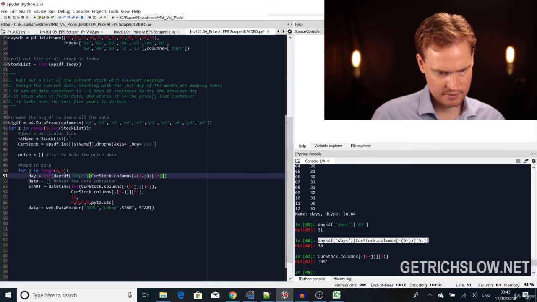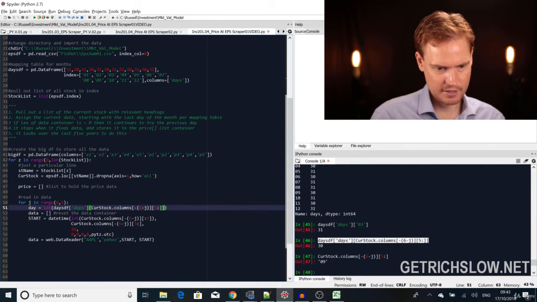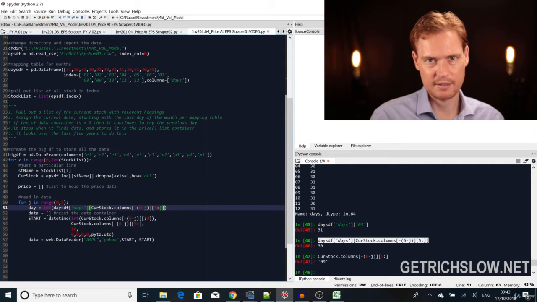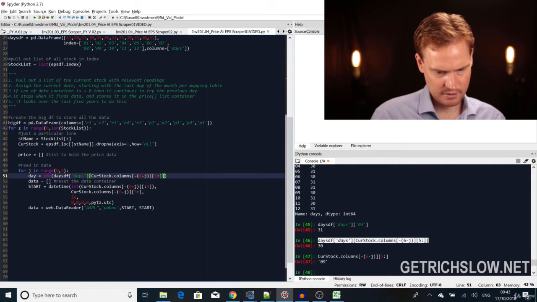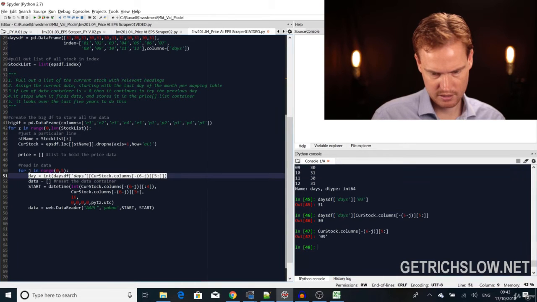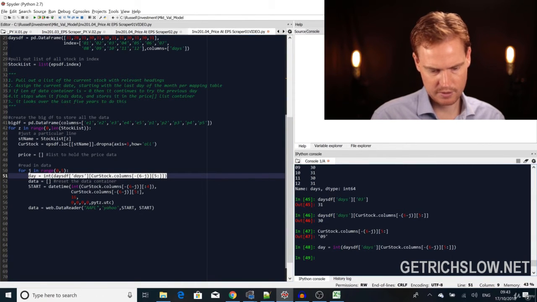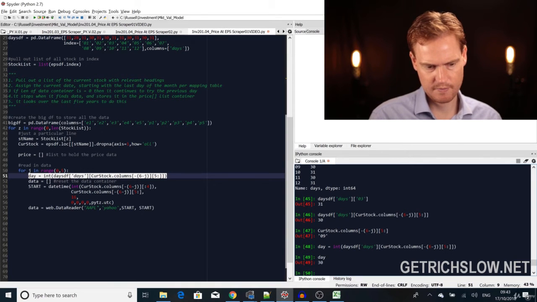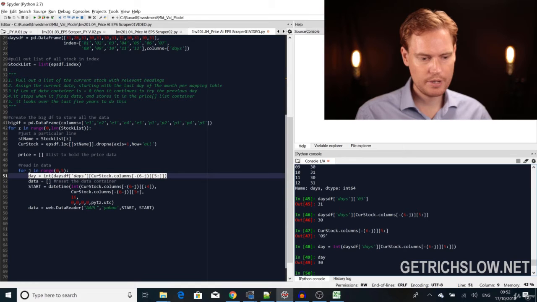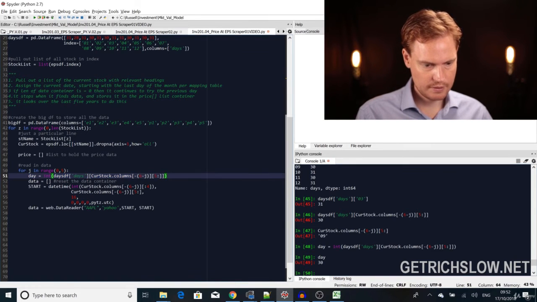Days DF, with the month value saying which one of these values we should bring back. So sort of mapping it together. Very exciting. So I'm pretty sure this works. There we go. Day 30. Great. So where we are is we've now